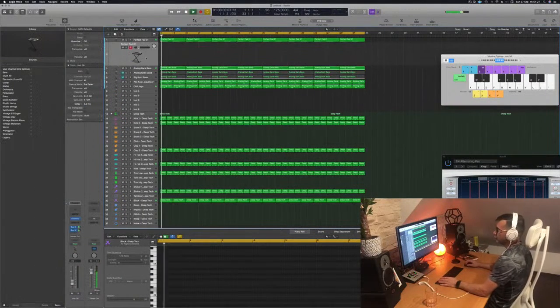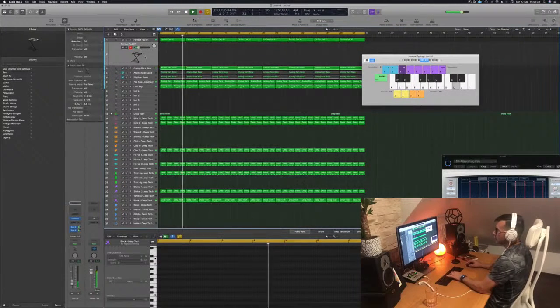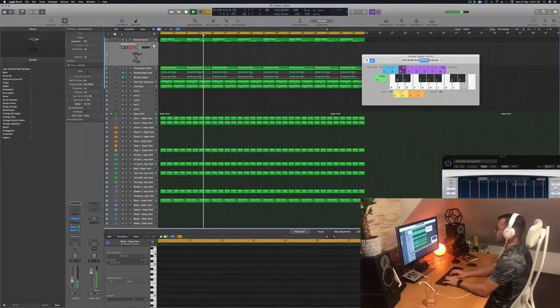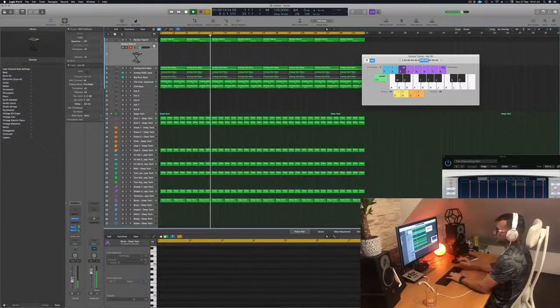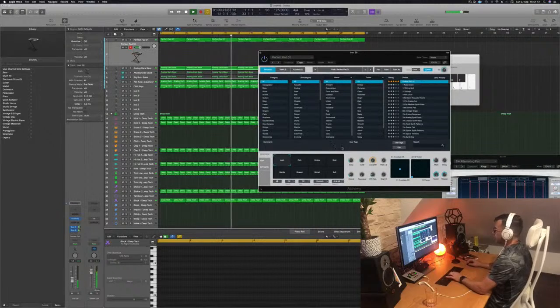So what I want to do now is to top it up with some lead, and it's gonna be more pad. And for this, definitely not too many keys, you know, you don't want to go full on, not spacey, but